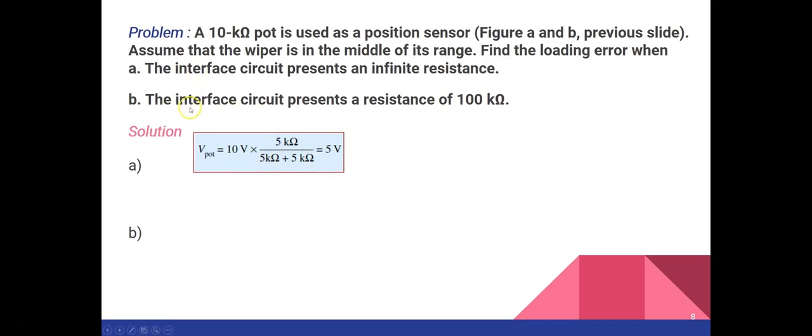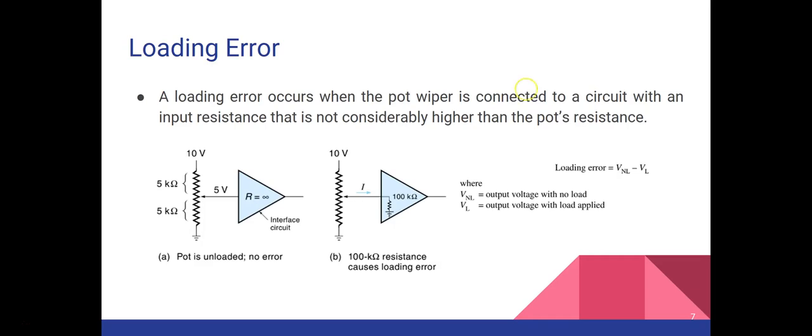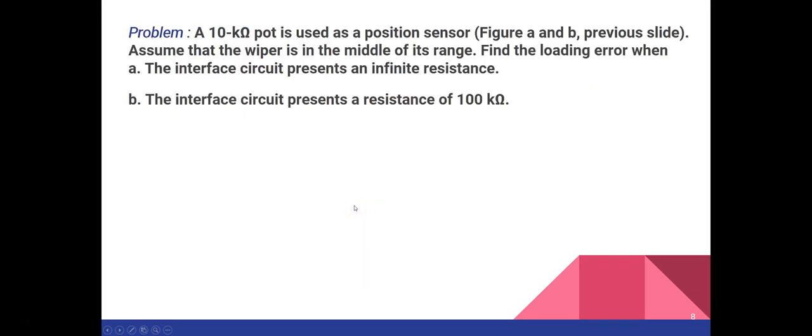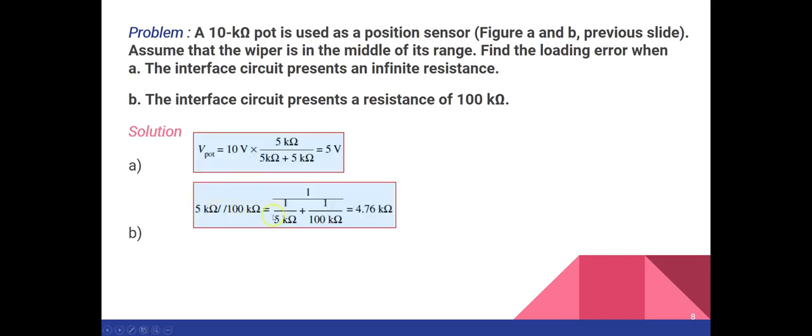Now for the second case, the interface circuit presents a resistance of 100 kilo ohm. So let's go back to this circuit. Now we have this interface resistance of 100 kilo ohm, and we will need to use the voltage divider rule again to compute the potentiometer voltage, but this time the lower resistance is a parallel combination of the 5 kilo ohm and the 100 kilo ohm. When you take the parallel combination, that value will be your total equivalent resistance, and then you can calculate the voltage across this. By this formula we have calculated the parallel combination of 5 kilo ohm and 100 kilo ohm, and we got